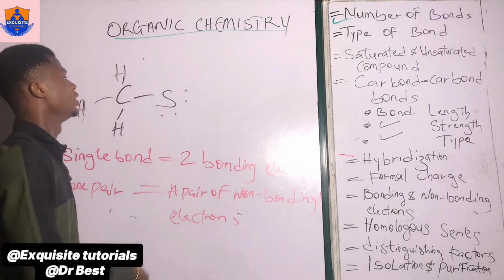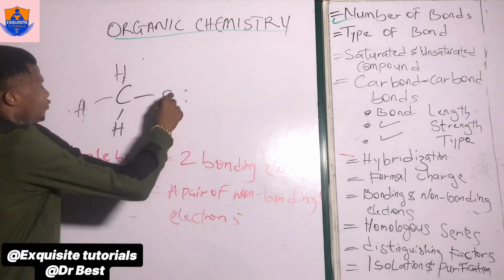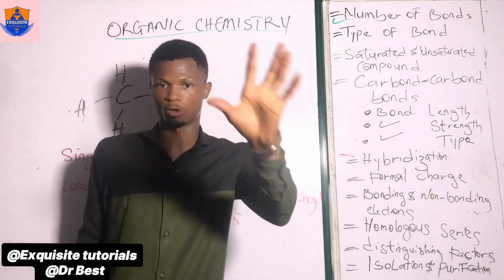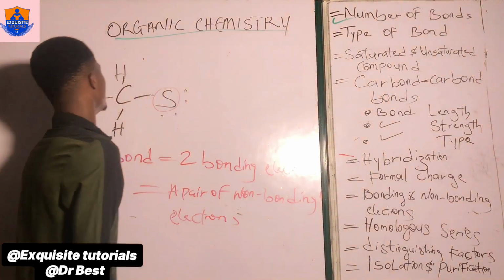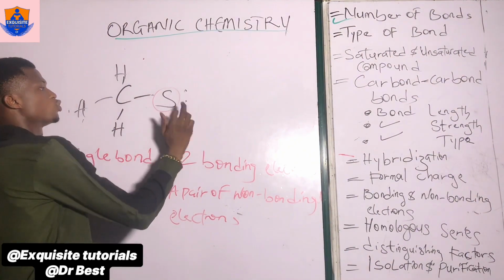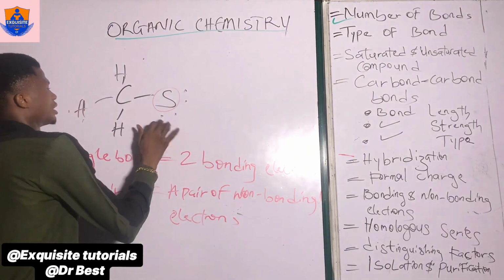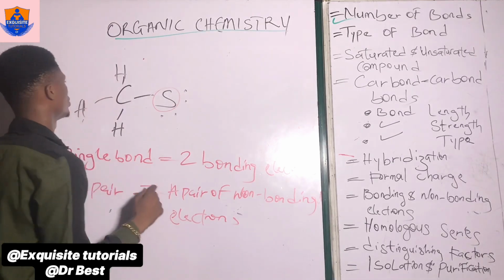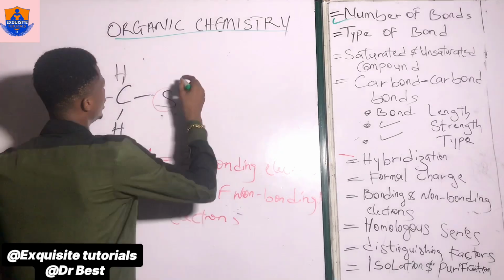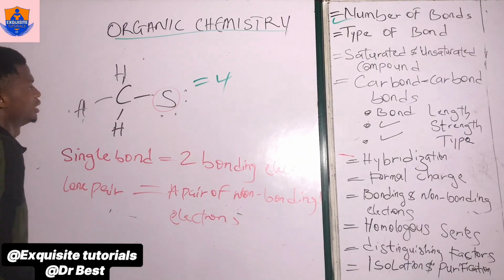Now, let's say, for example, remember sulfur here. If I have to determine the formal charge of sulfur in this compound, remember sulfur here has a valence electron of 6, right? Two electrons have formed one bond, so that's why you are having two lone pairs here. So if you are asked to determine the number of bonding and non-bonding electrons in this compound, we have the bonding electrons to be 1, 2, 3, 4. So the bonding electrons here is 4, while the non-bonding electron here is,